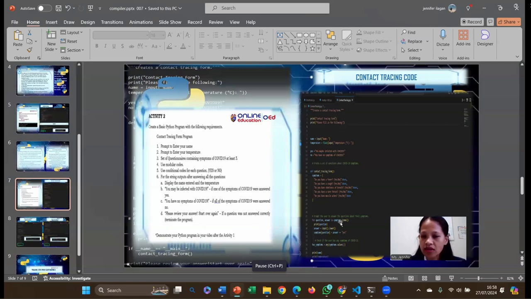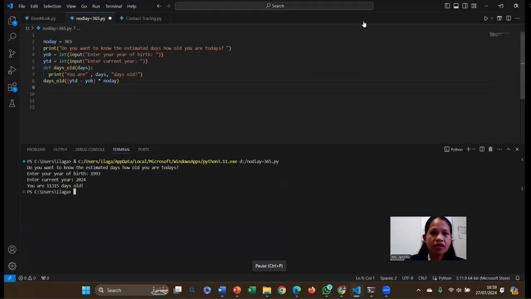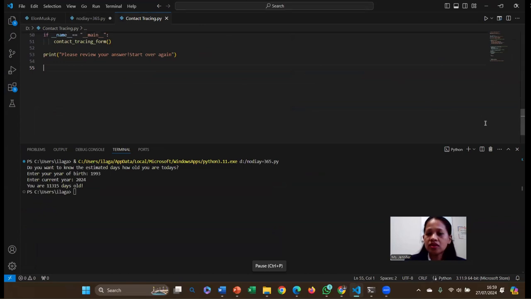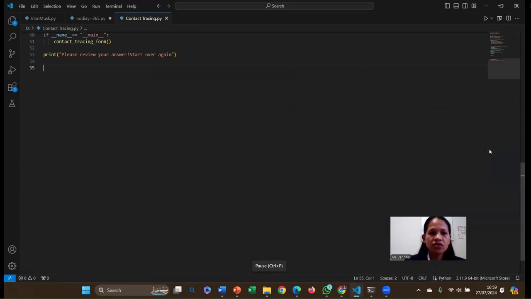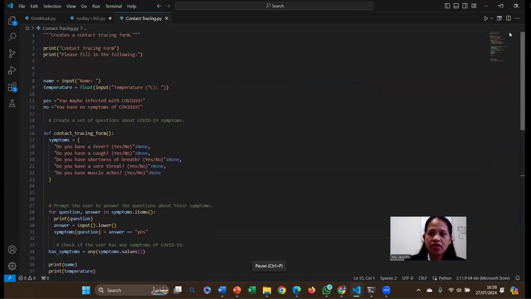So this is how I input the code that we have here in our IDE. Let's get back to our Visual Studio Code and see the code that I coded earlier. It looks like this.